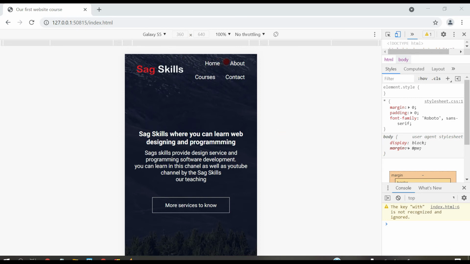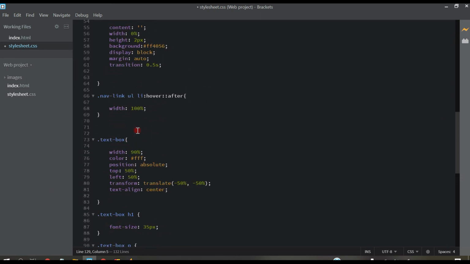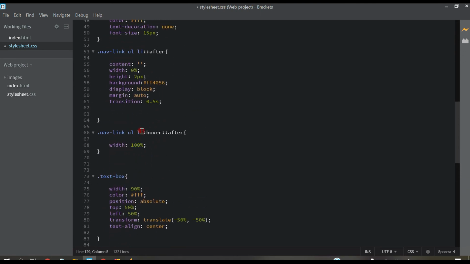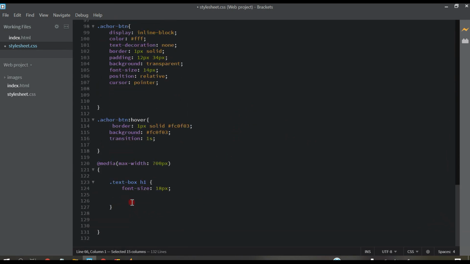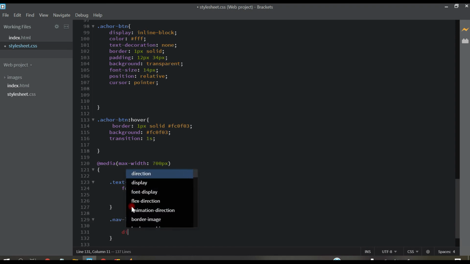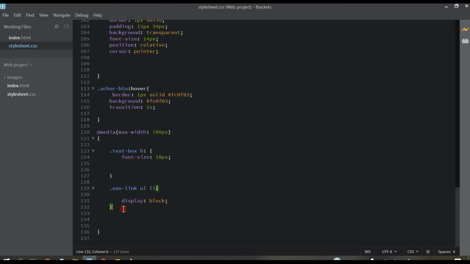So to hide all these menus, come here to CSS, and after this, copy this nav link ul li, paste it here, open bracket and display block. Then paste it one more time, remove this ul li, and open it.